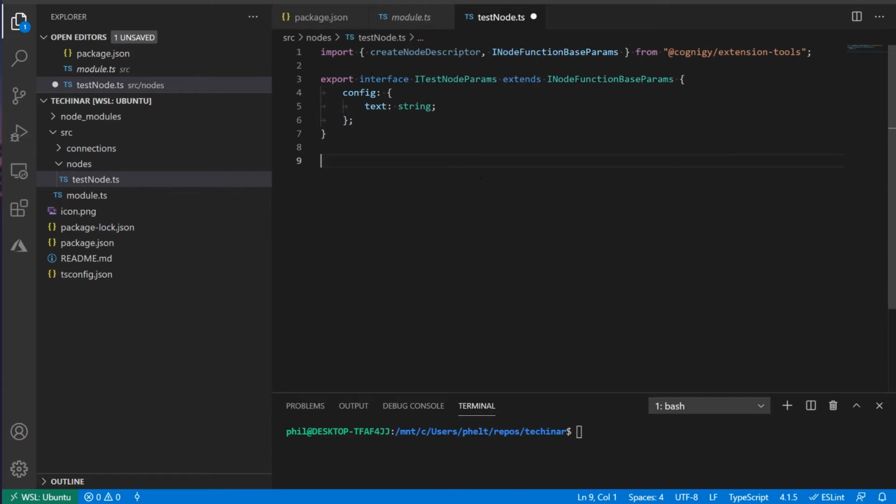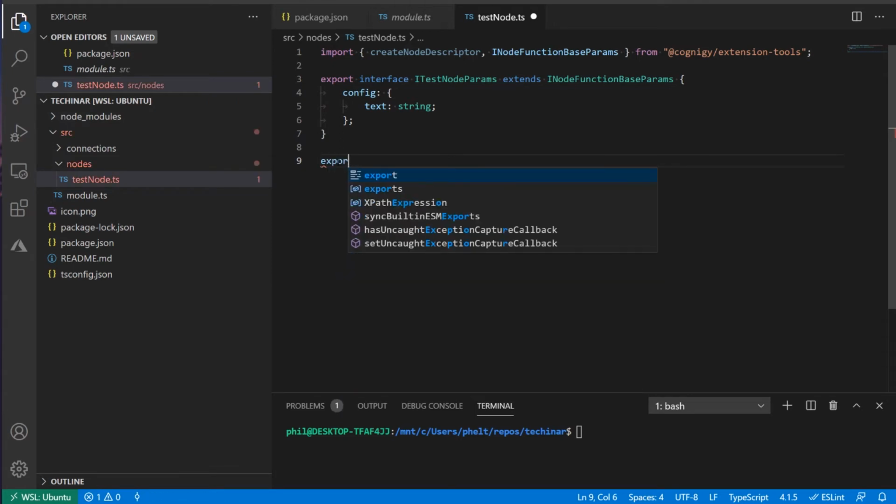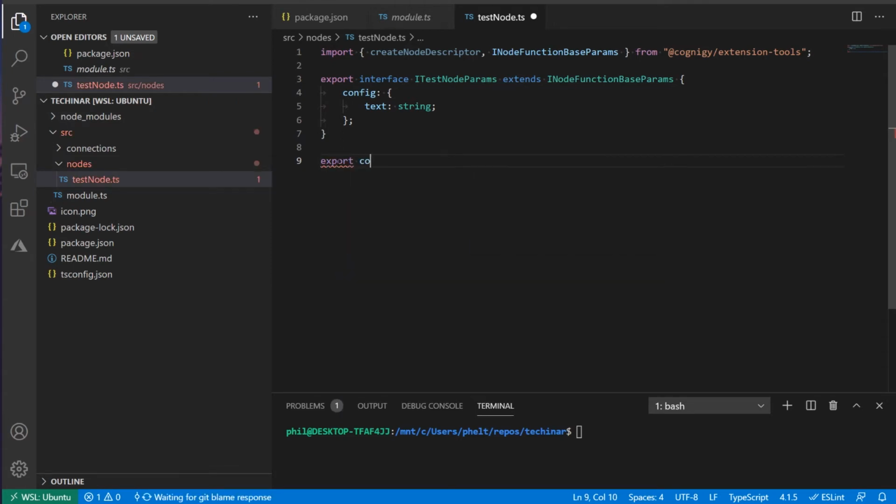If you're not doing TypeScript, you don't need any of this. All we're defining here is that in the configuration for the node, we will have one field, which is a text field, and that is a string. This does not have anything to do with the UI. This is really just for TypeScript. And now we're going to write the node itself. So what we're going to do is we're going to export a variable, which we will call test node in this case.